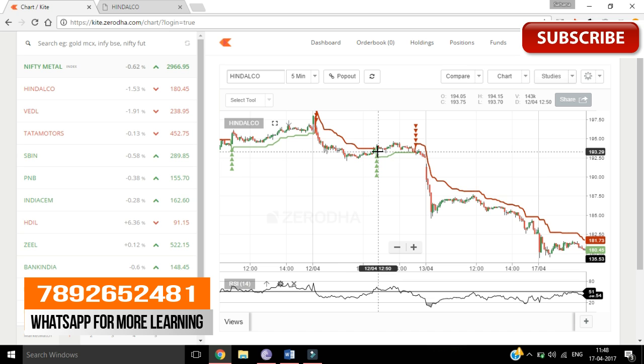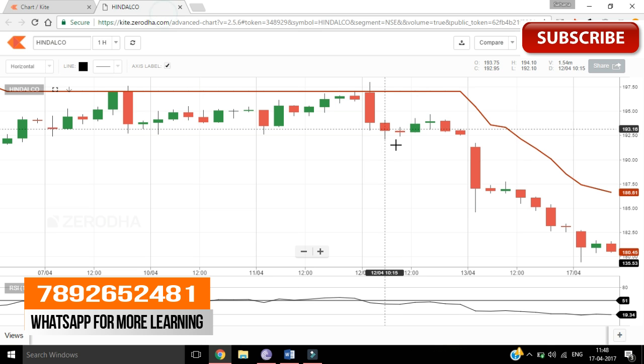Then again, the stock gave a buy, and I got my good target from here. For example, if we see around 196 up to 192, then you got a buy signal. Let us check on 12th around 12:45. This is 12th,